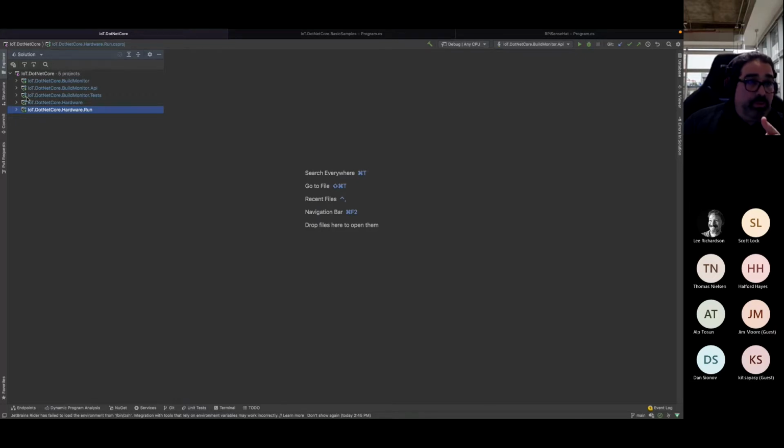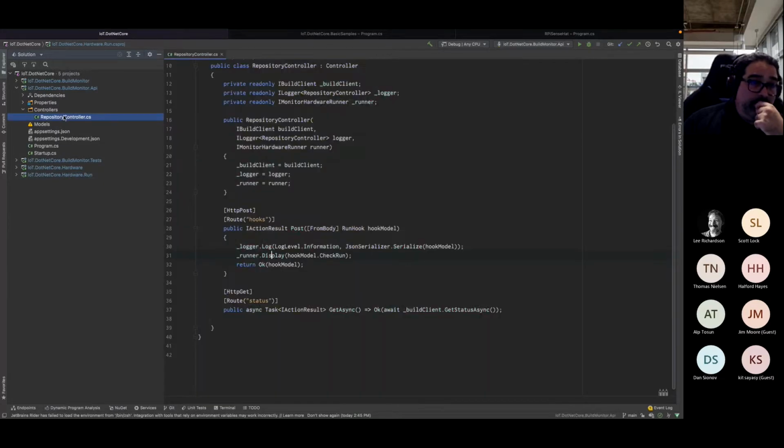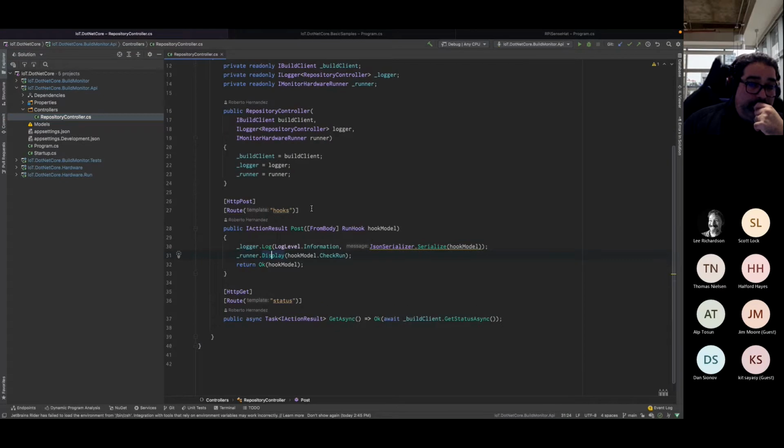So in this scenario, just so that we can see it in action, there's an API. It's an ASP.NET Core API running .NET 5. The only thing it has is a controller, and that controller takes in the webhook from GitHub. I'm not going to be hooking it to GitHub.